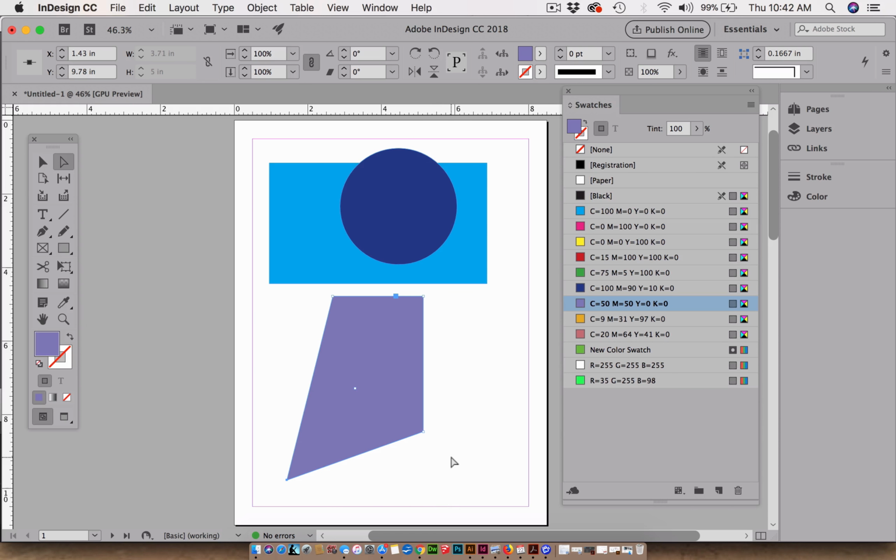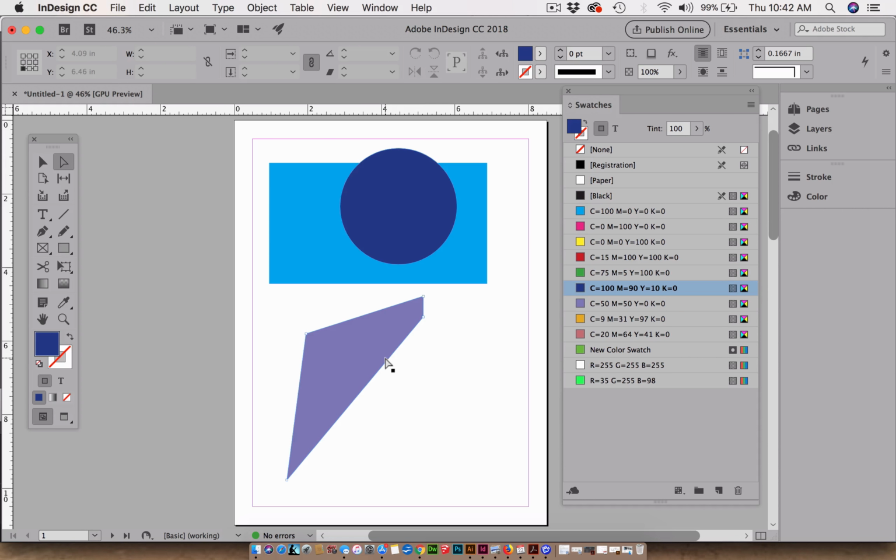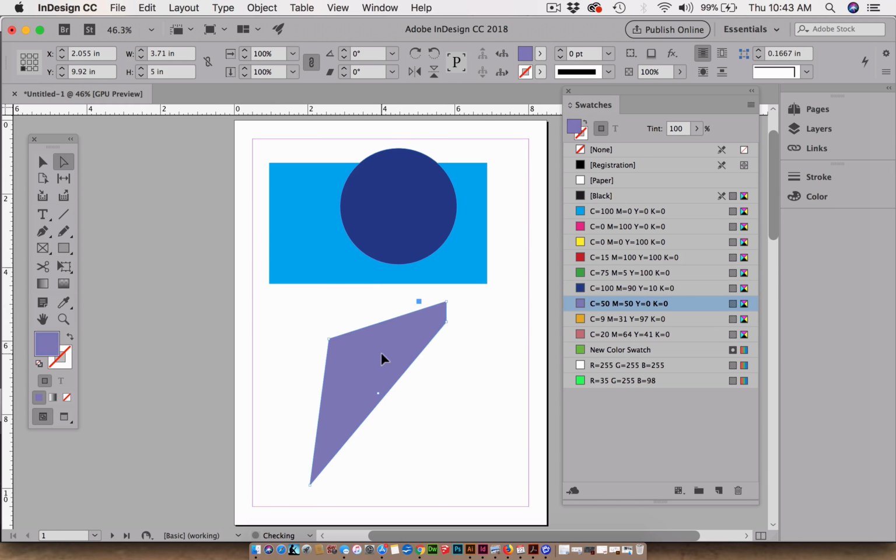And that is one of the distinct aspects of the white arrow tool, known as the direct selection tool. I can change the shape of something by selecting the points or anchor points that make up that vector-based object. Now I have a parallelogram. Now I have some other thing. And click away. I should mention that if I click in the fill with this tool, it will move the